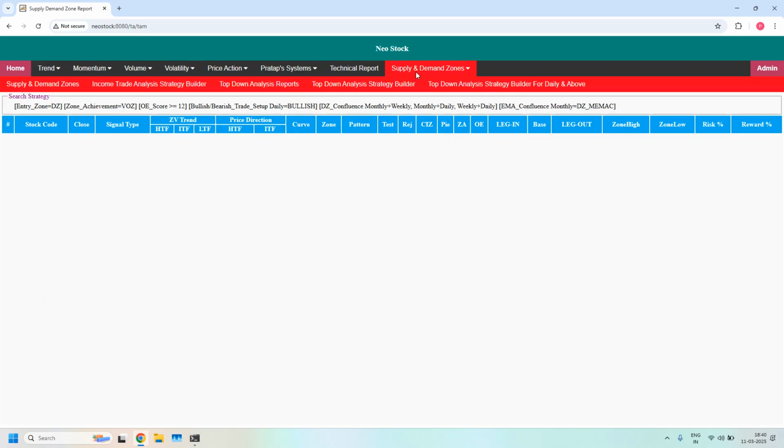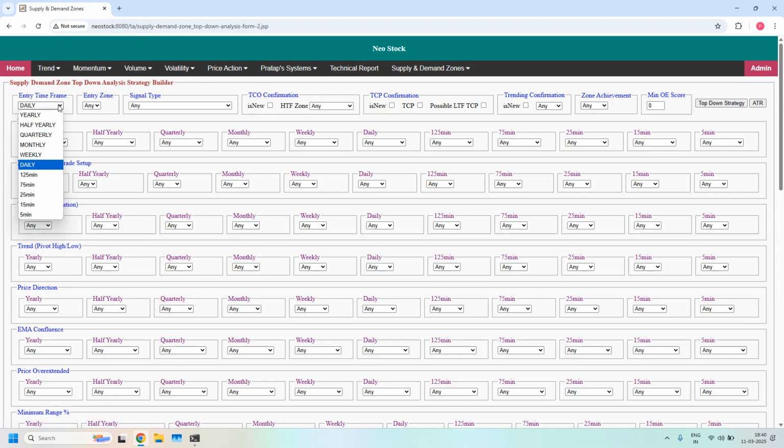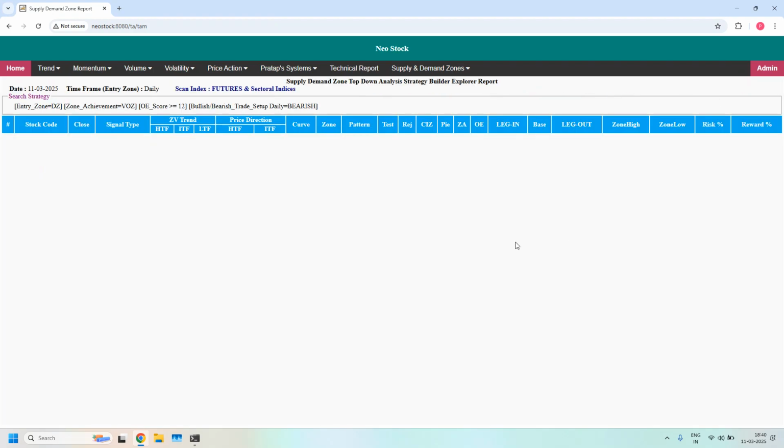Okay, this is about a bullish trade setup for monthly income trade. Next, bearish trade setup for monthly income trade, entry time frame daily, entry zone, demand zone. In bullish or bearish trade setup at daily, I am selecting bearish. Zone achievement violated opposing zone. Minimum order enhancer score 12. With these filters, we did not get any stocks. Currently, there are no bearish trade setups